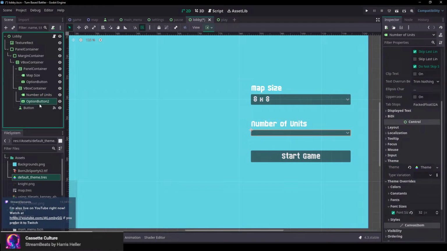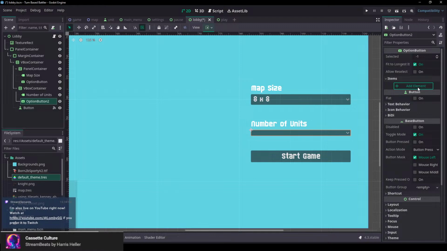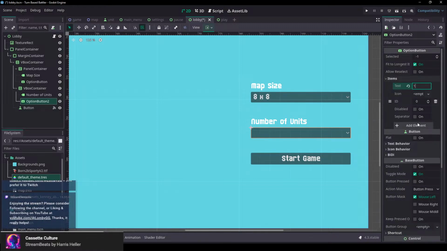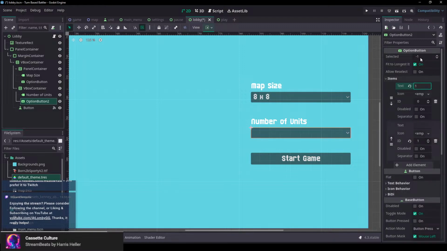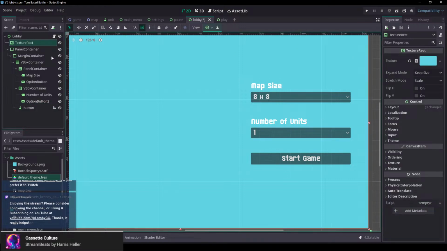Okay, and then number of units. It's probably a much better way to do this programmatically, but for the moment, we'll just do this. 1. Let's set this to 0 by default. And 2. Let's just do 3 and 4. Okay, we'll save this. And then in our lobby script,